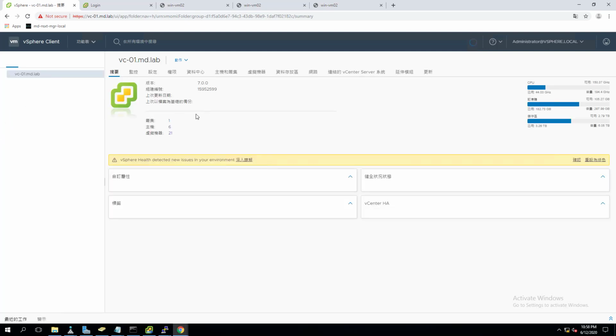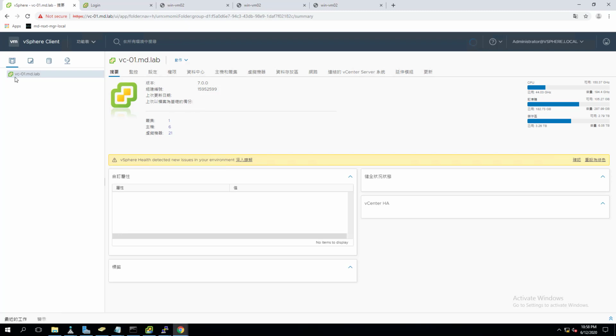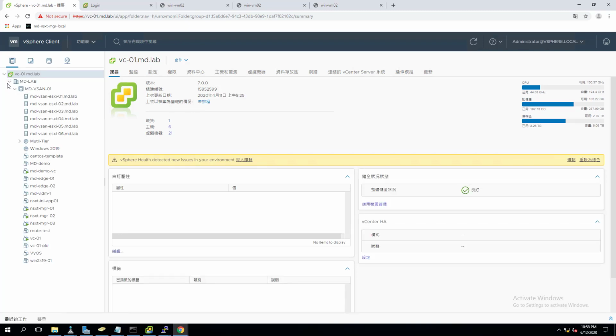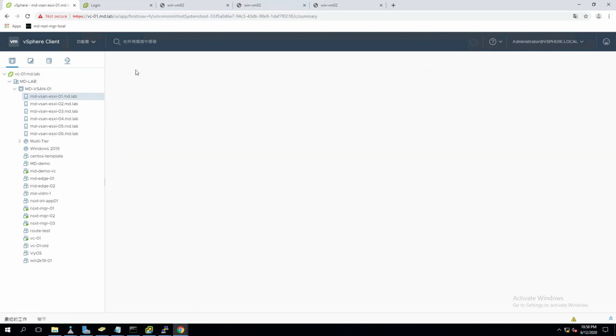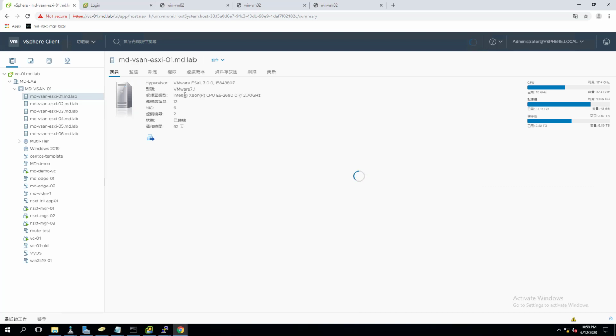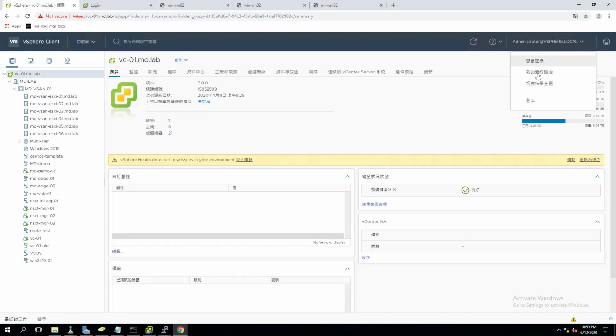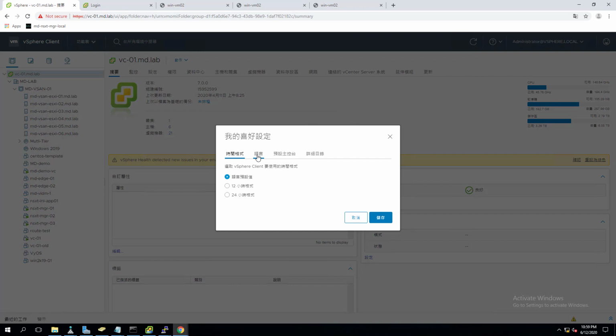So for an administrator who speaks Chinese, Korean, or Japanese, he can prefer to use the vSphere client in his own language. Most of the interface got changed to the local language based upon the preference set in the settings. If I go back and change to a different language, the administrator who wants to use a local language can just change his preferences.